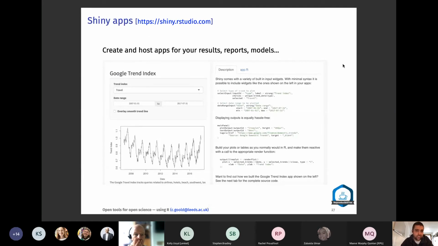And the other thing to look at in terms of the R universe is Shiny apps. So you might have seen these apps before. Shiny apps are a simple way of creating and hosting different applications which can show you results, or maybe create a report, or if you're into computational science, then you might have a model that you want to show people. And you can create a simple interface for people to go to at a URL link, and they can access